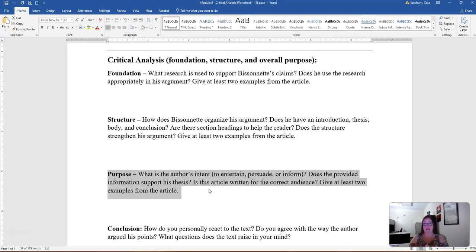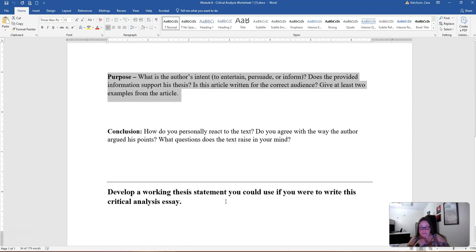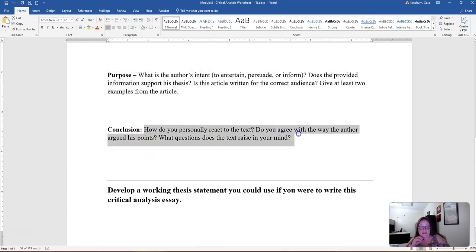You are making a critical analysis. You are evaluating this article. You have to give proof of what you're saying based on what's in the article. Okay, so is this article written for the correct audience? Again, give examples, okay? And now the conclusion is where you'll kind of answer some, how do you personally react